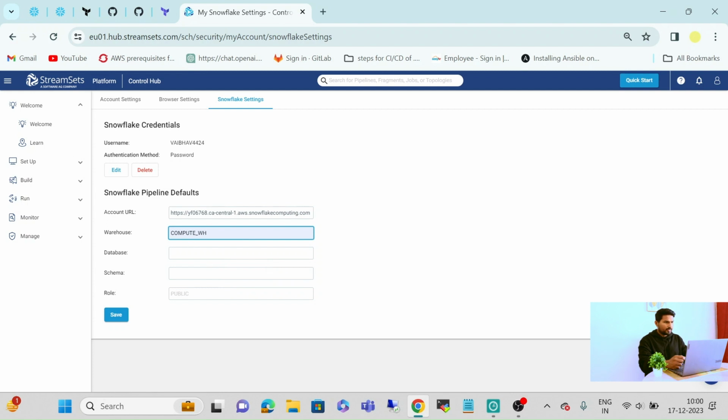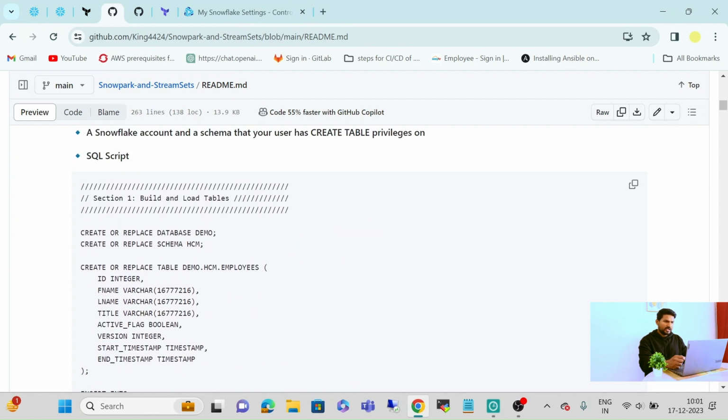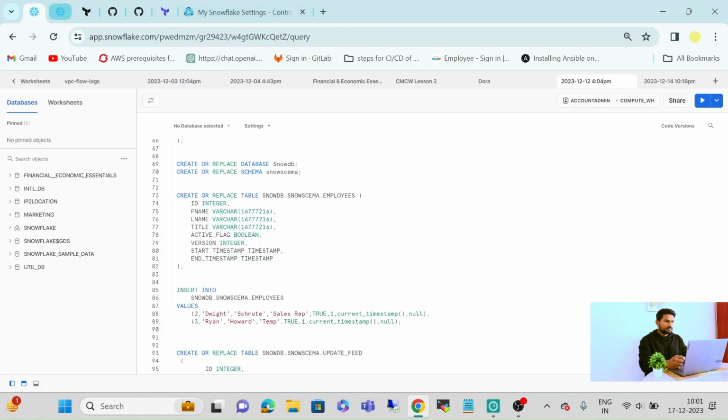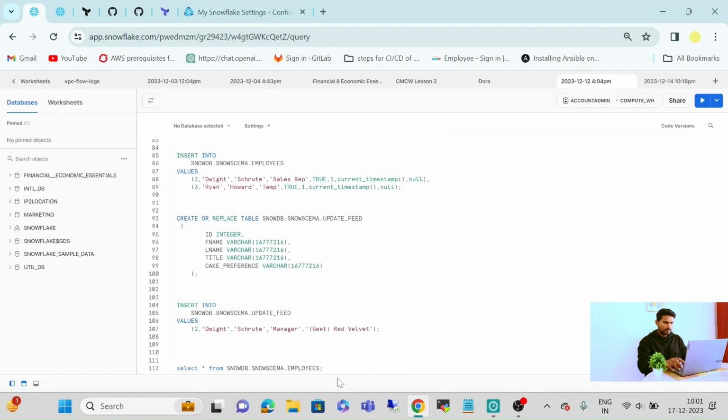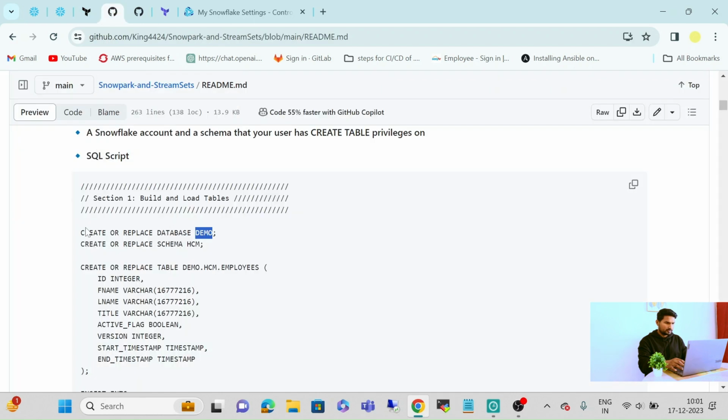And in database, according to our script, we are going to create one database called demo. So in the Snowflake worksheet, create one database called demo.